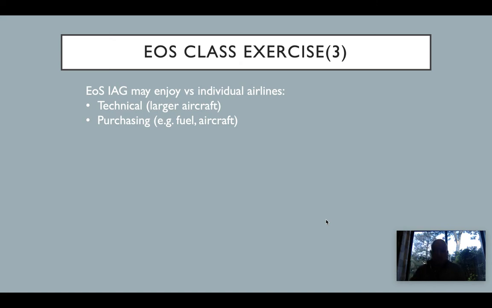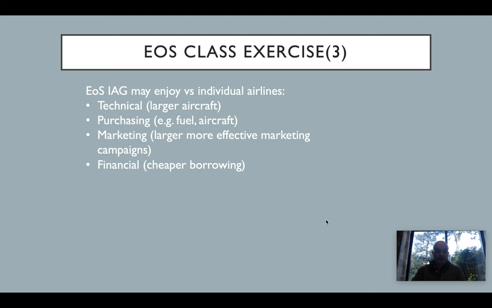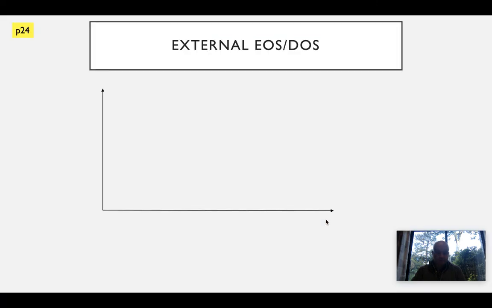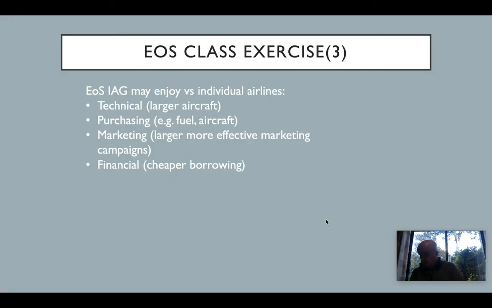That's a combination. So IAG would actually gain benefits, gain economies of scale over and above the three separate entities that came together to form IAG. Clearly, there are marketing opportunities. You get larger, more effective campaigns. Financial would be another one because as a larger group, they're likely to be able to negotiate cheaper borrowing. And all of those things obviously help to explain some of the advantages of economies of scale